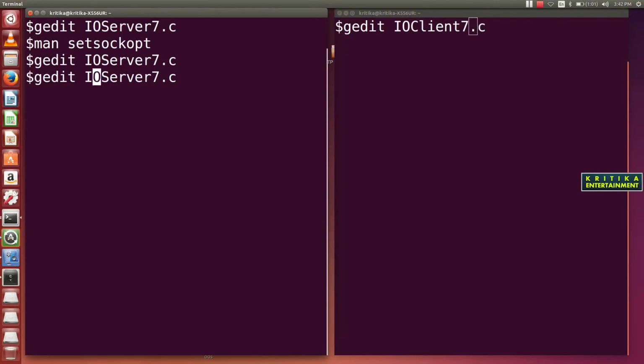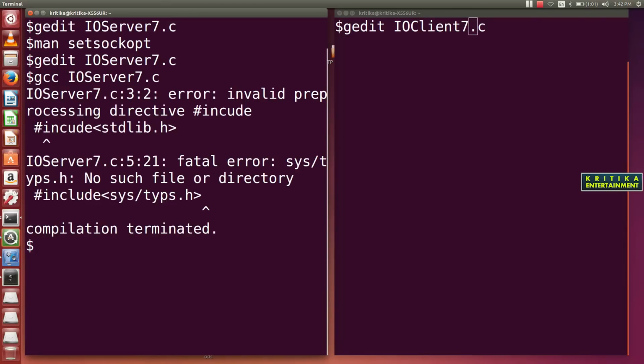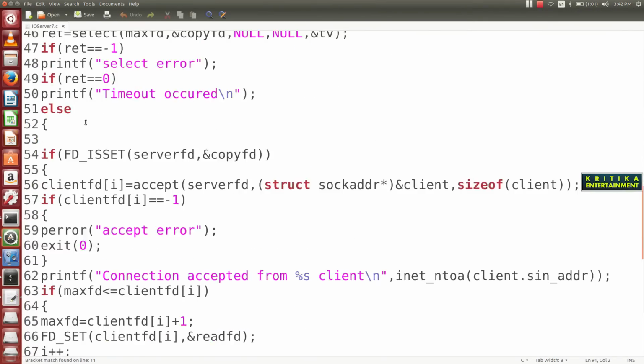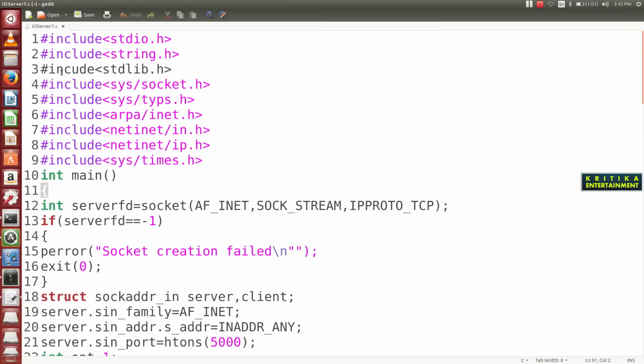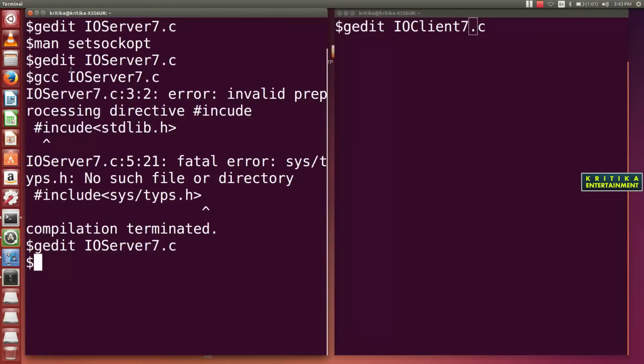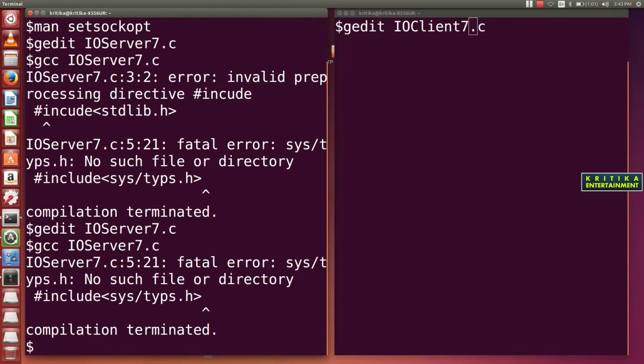Then I will go to compile and check whether the compile is successful. So #include, it is a mistake. So line number 3, what is line number 3? #include, okay.